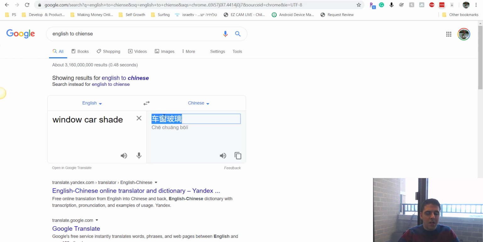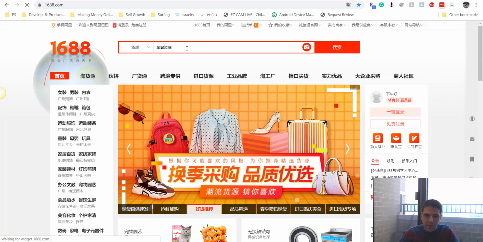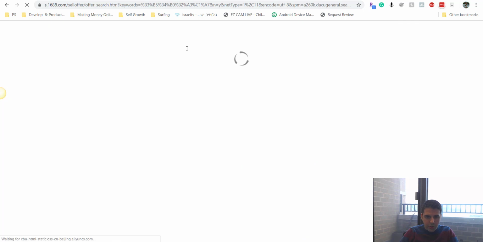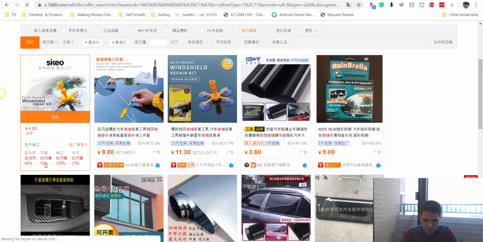Why do we need it? Because 1688 is only in Chinese. It doesn't really show in English. Now most people won't do it, because it might be confusing and take time, but we're gonna put those Chinese words or characters that we got here to see if we can find something. Okay, so